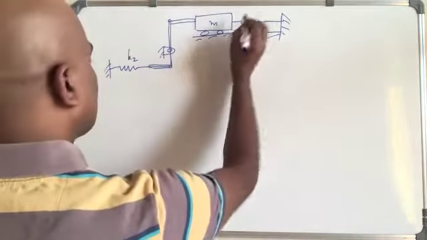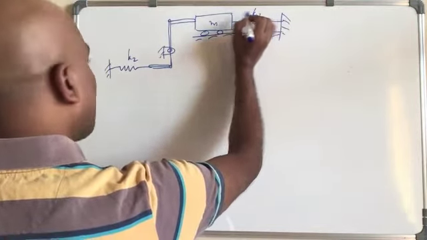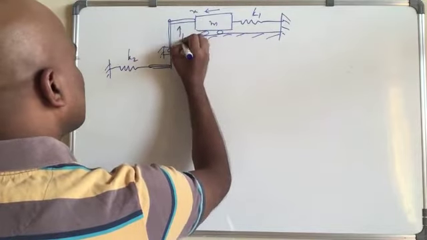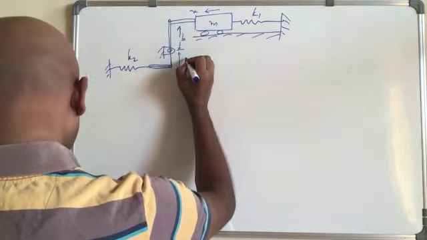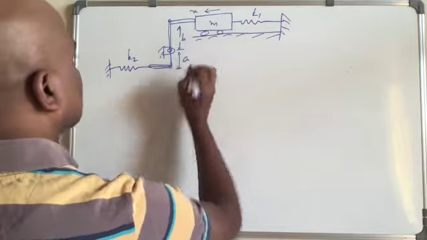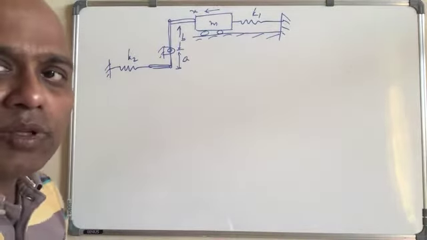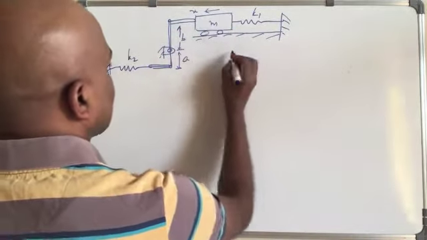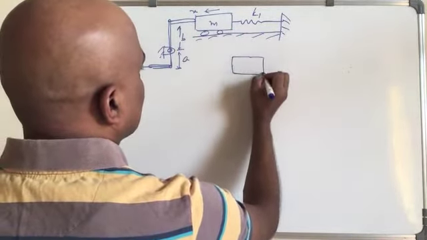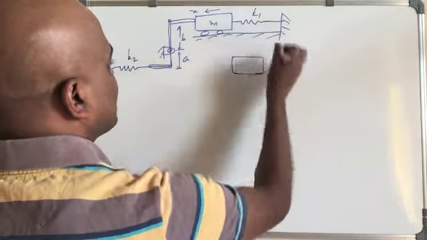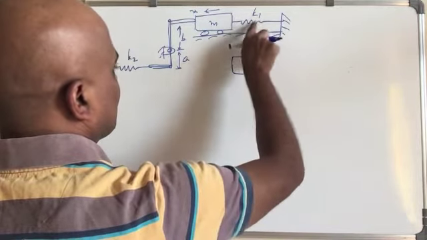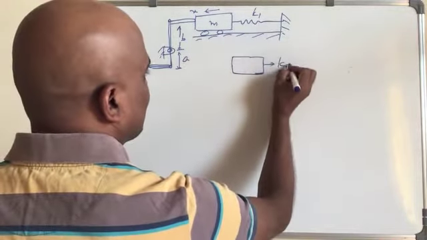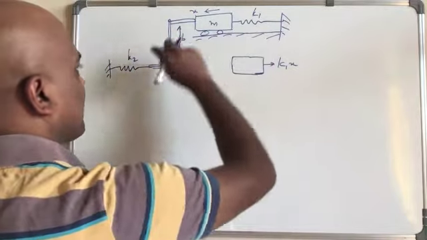Okay, so there is a spring here k2, this is k1, x is this direction, this is m, this is b, this is a. Okay, so this can be solved in both the energy method and Newton's method as well. So let us say it has moved by x, then what happens? So the force that it will feel is k1 times x. Right? So k1 times x like this.